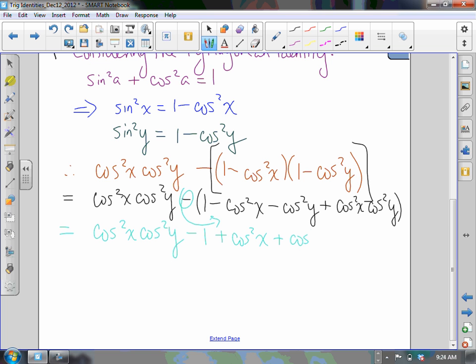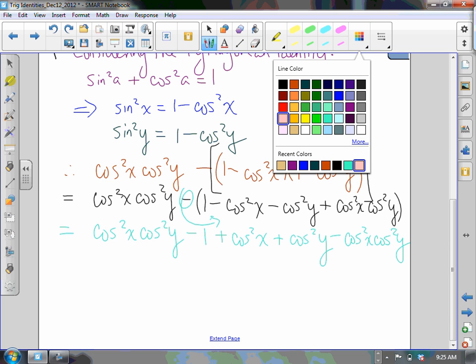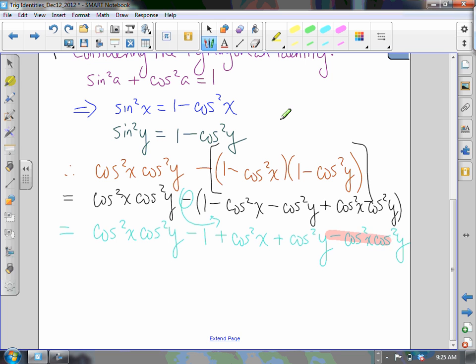Plus cos squared y and minus cos squared x, cos squared y. So good news, you can see it, right? We have opposites, also known in math as additive inverses. So they will cancel. And lo and behold,